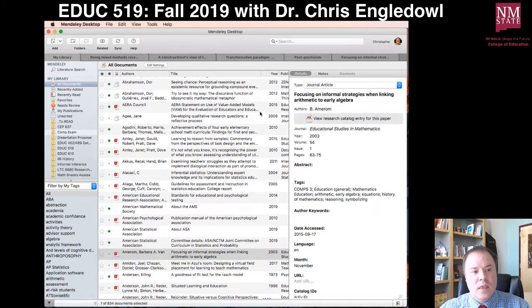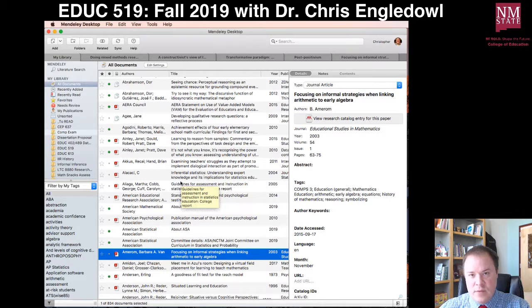And another way that you can add articles is by simply dragging and dropping a PDF directly onto the screen, and it will try to extract it from the PDF itself. If the PDF is text searchable and selectable, then it usually does a pretty good job of picking up all these fields on the right side, but you may have to make some adjustments to it. Once it is correct here, then